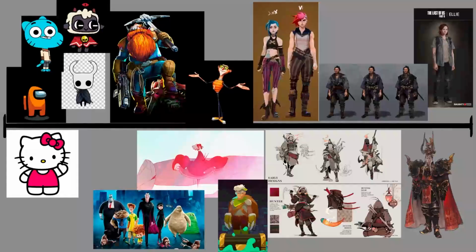Pretty much it's a spectrum for your character design, environments, and props. It's usually realism versus cartoon, and studios work all across the board depending on the range of their IPs. So it's important to figure out originally where you want to sit on the spectrum with your art. You don't want to have something be realistic and then have something that's cartoony unless you set that precedent originally, for example, like with Amazing World of Gumball. There are some really stylized examples like Hello Kitty and, of course, Amogus, because, you know, they're both people, which